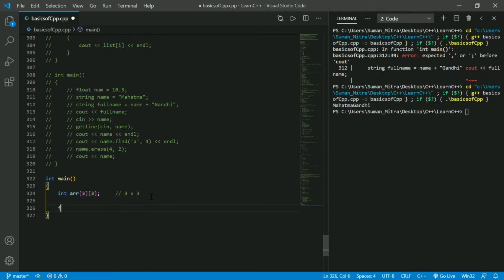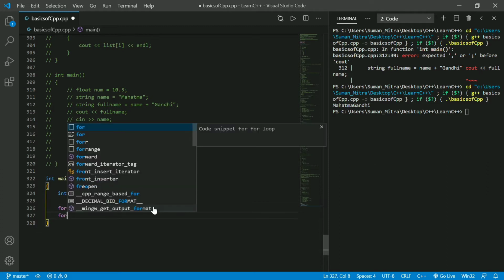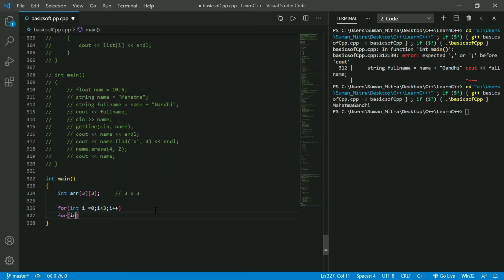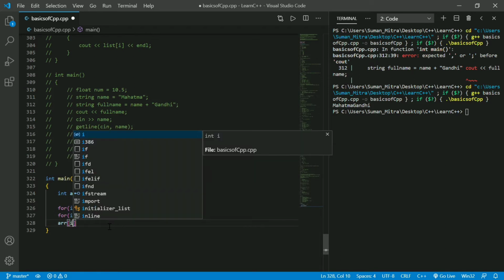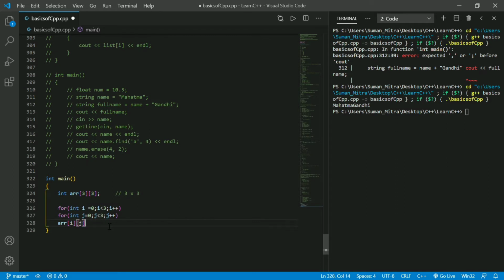You can initialize it this way: for int i equals 0, i less than 3, i plus plus, and you can write for int j equals 0, j less than 3, j plus plus, arr of i and j is equal to, you can just initialize something, 1.